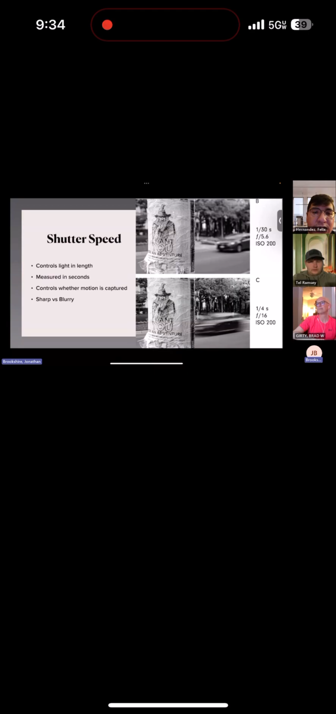So the first thing is the shutter speed. It controls the light and length. So how long the picture is going to be taken. It's measured in seconds and controls whether motion is captured or if it's standing still. So that's how you get either a very sharp image or a very blurry image. As you can see on photo B, the shutter speed is 1/30th of a second. So it is very quick, and the car looks more like it's standing still, even though it's not in focus,